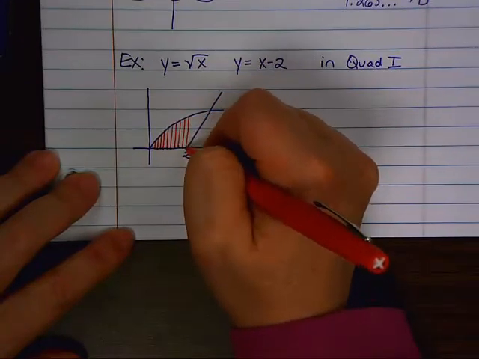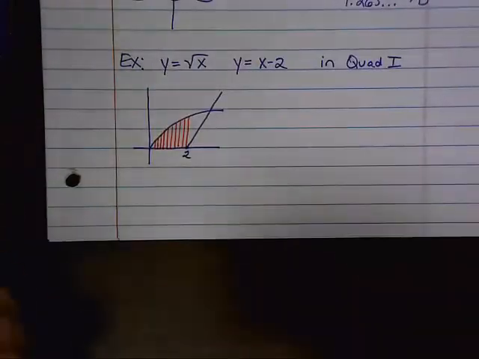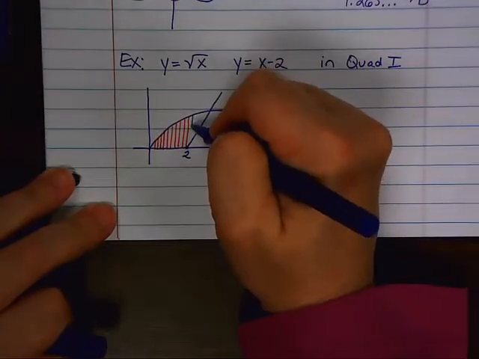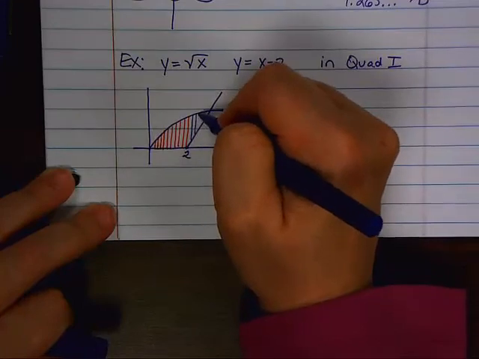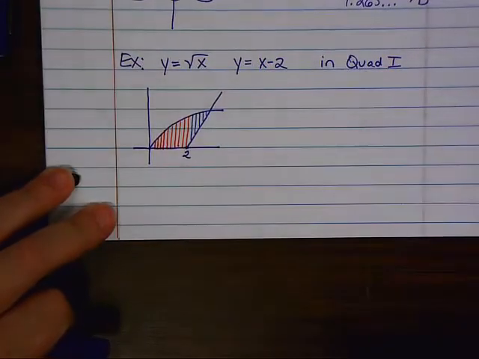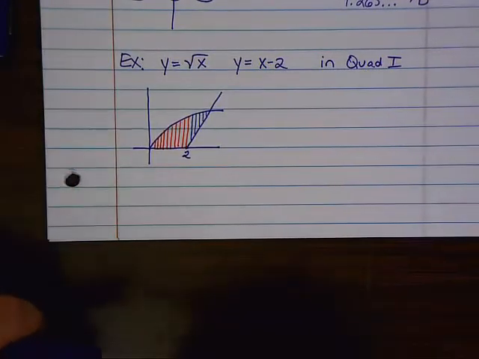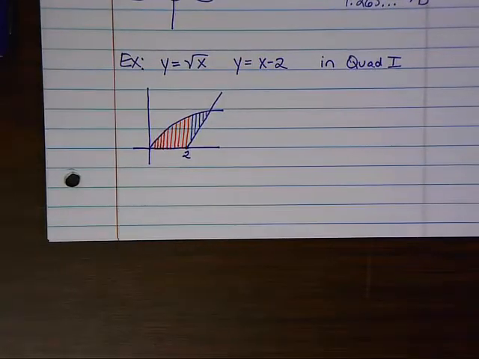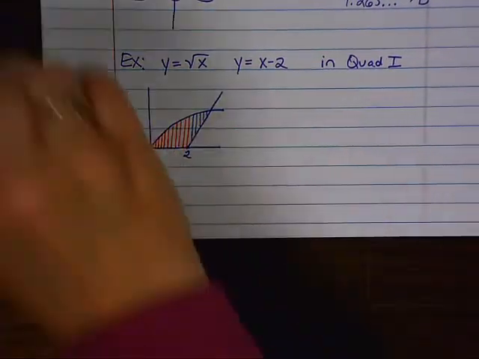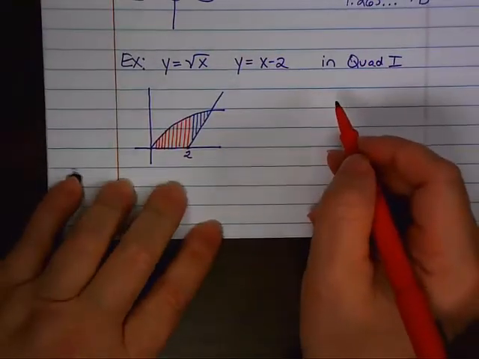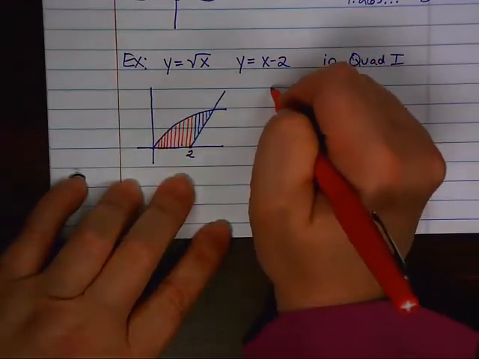And once I get to 2, I'm going to switch colors here, and I'm going to show you that now we actually are hitting both graphs. Do you see that? Because the top and the bottom curve change at a specific point, we have to set up 2 separate integrals. So I'm going to set up an integral for what's in red, and then I'm going to set up an integral for what's in blue. Okay, for the red area,